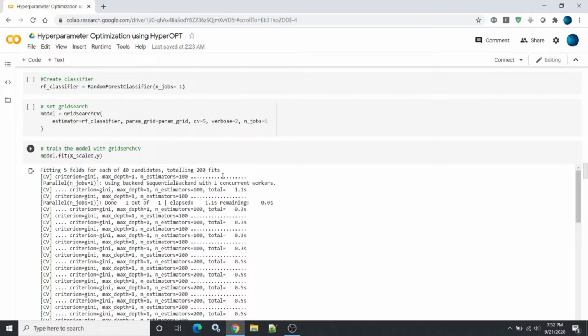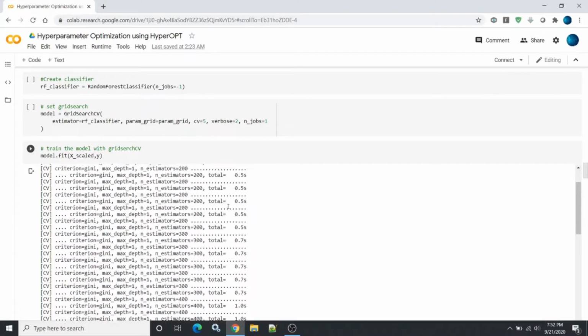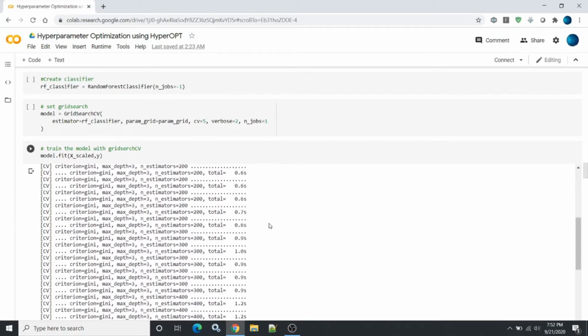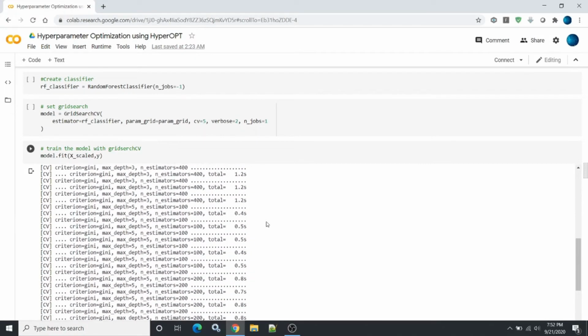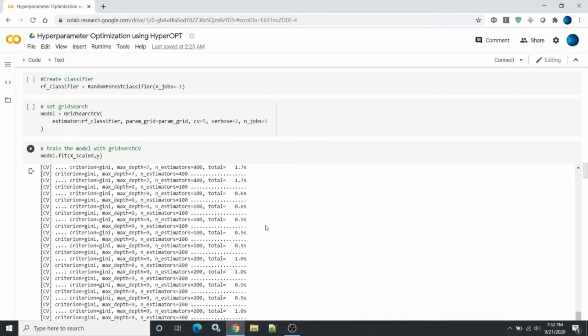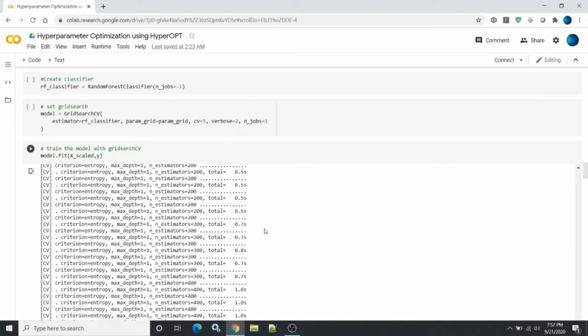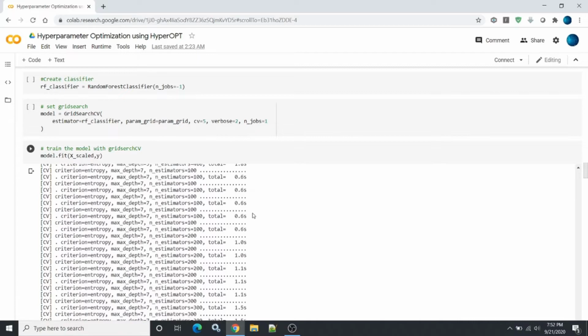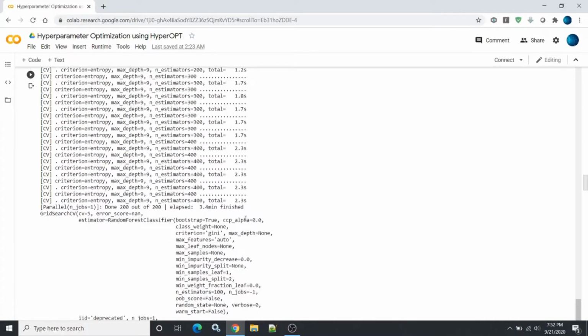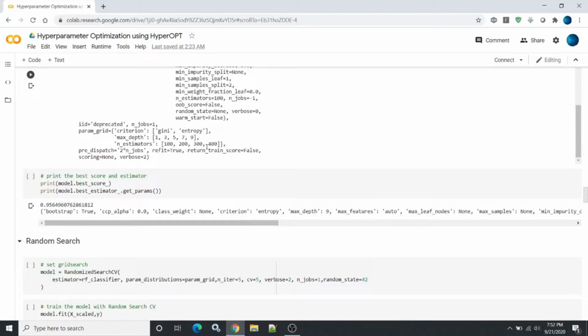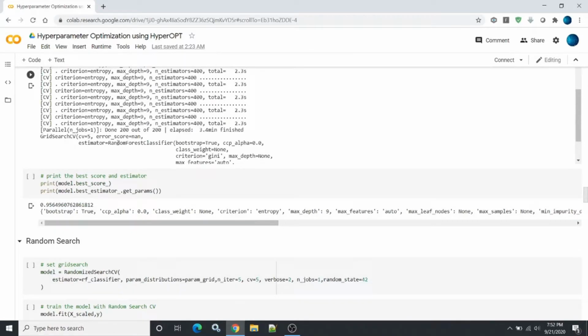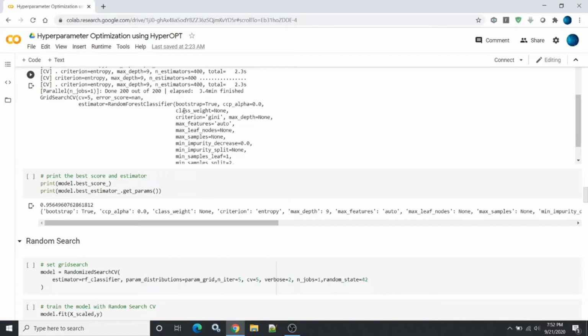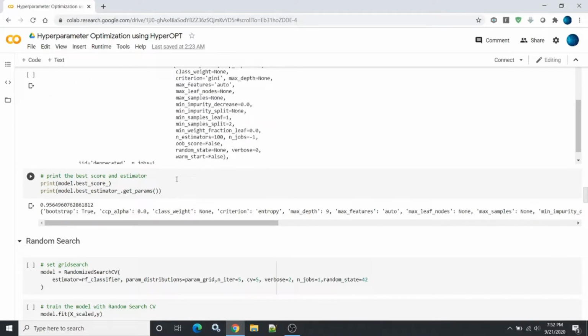So when I run this, it will execute all the parameters. It runs with all the features, and then you can see here. Let me scroll down and show you. These are some of the estimators and the various parameters it tried. The grid search tries various values, and it gives you the loss function, entropy or Gini, whatever you mention over there. So we have this GridSearchCV, and then I'm going to print the best model score.